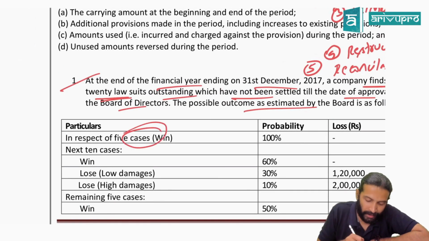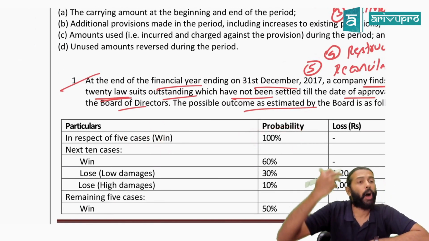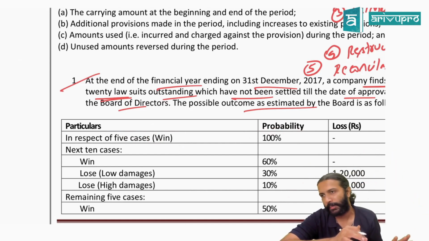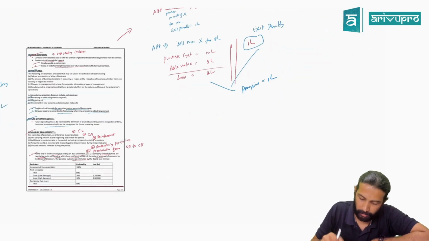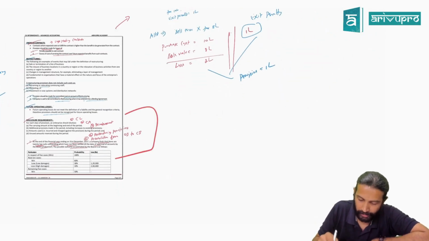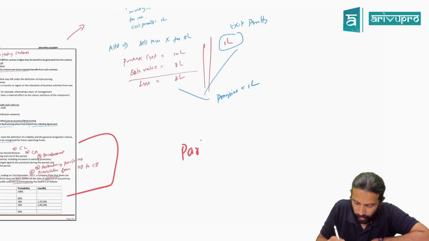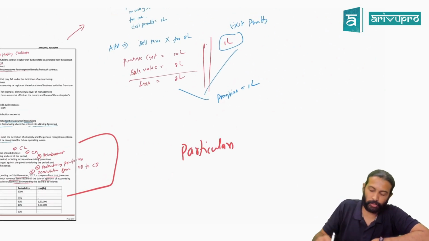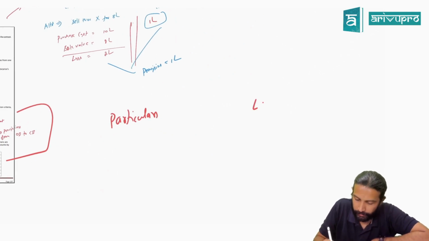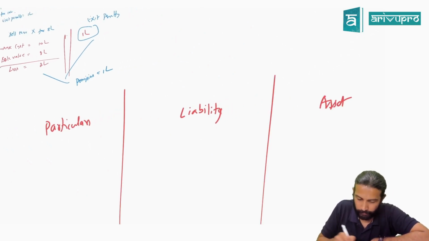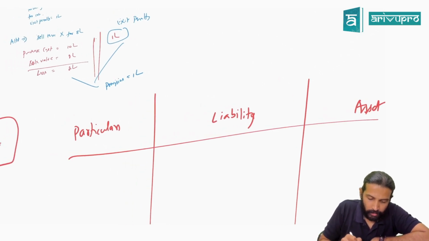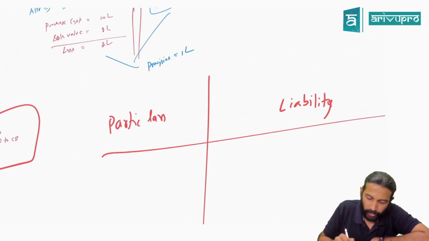In respect of the 5 cases, they are saying win percentage is 100. They say 100% we will win. That means any provision required? Or maybe one moment, hang on. I'll just give you a small table. It's given in the chart for your reference. If you want, you can write this. We'll discuss that when I do the charts as well, but just in case if you want it, you can write it or you can just check it is there in the chart as well. Either way, it is fine. Just instead of particulars, if you want, you can write case also. Or if you have already written particulars, leave it. Let it be. No problem.